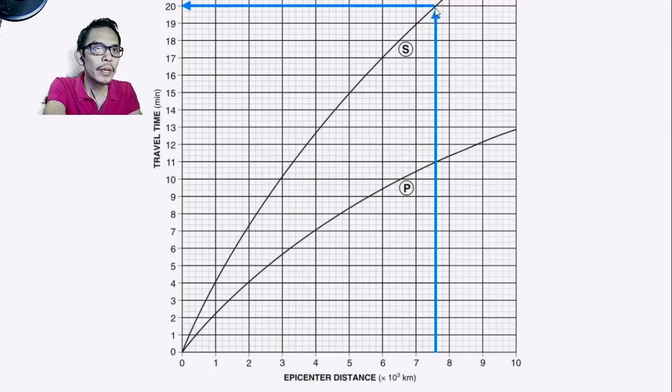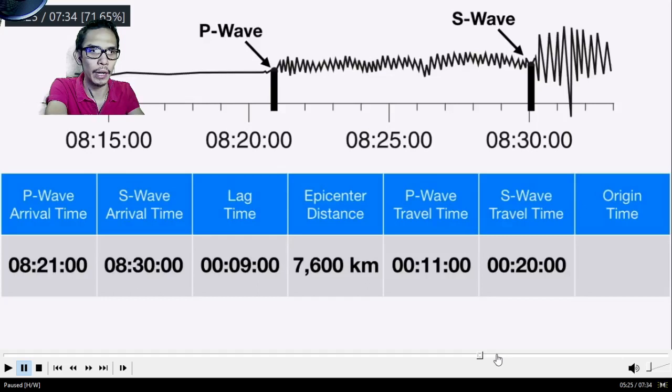Then you draw again a line horizontally going to the y-axis, and there you will find the travel time of the S-wave, at 7,600 kilometers. And that was 20 minutes. Alright, so there is your 20 minutes,